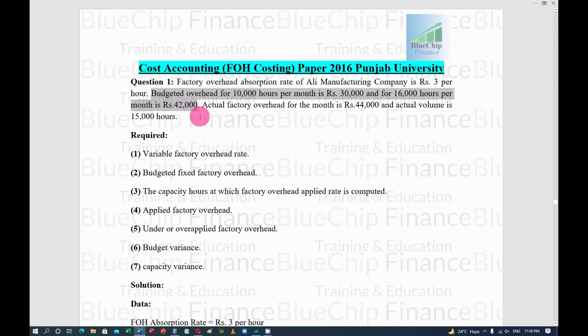So the high-low method is used in which multiple activity levels are given to you. यानी कि एक से ज़्यादा एक्टिविटी लेवल आपको दिए जाएंगे. फॉर एग्जांपल यहाँ पे आप देखें कि एक एक्टिविटी लेवल है 10,000 आवर्स का और एक एक्टिविटी लेवल है 16,000 आवर्स का. तो यहाँ पे हम हाई लो मेथड को क्यों यूज़ करेंगे? बिकॉज ऑफ द कैलकुलेशन ऑफ वेरिएबल रेट. तो इन दोनों लेवल्स को नोट करें.